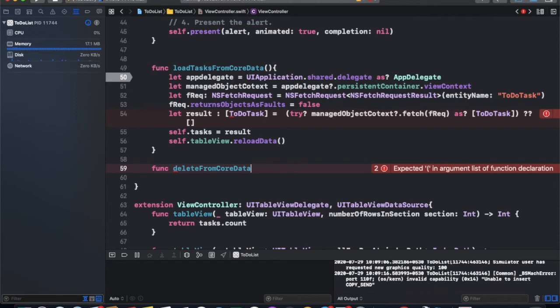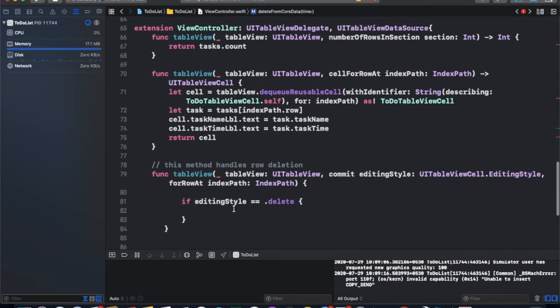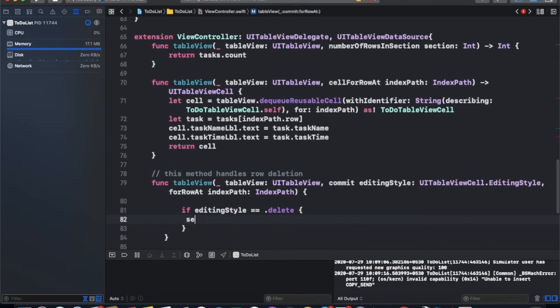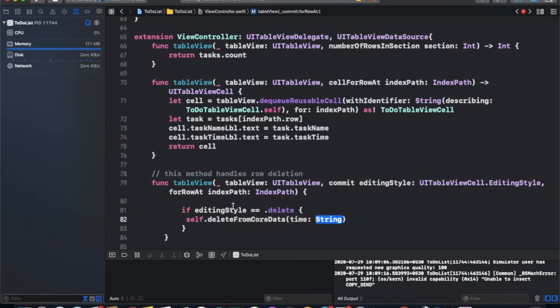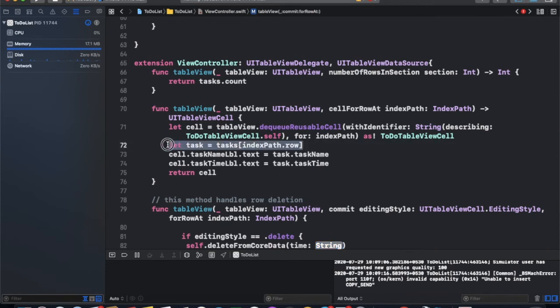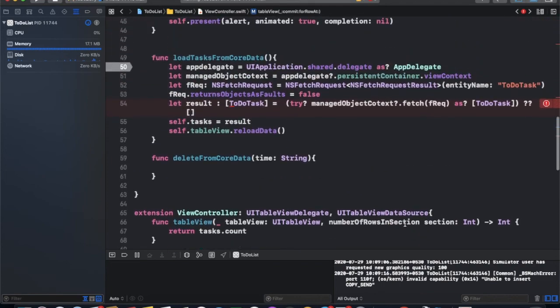In our case, time is a unique thing because time can't be the same, so we use that. For the delete function, we need an object of task. We just use this and the task dot task time. Now, deleting from Core Data.